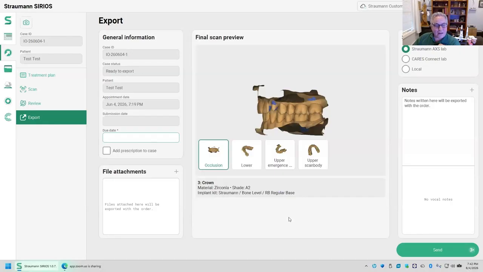This is the transfer step to where you send it to the lab. I'm not going to go in detail over this. This is not relevant to, I guess, basic implant planning. You can add the prescription to the case. It's important to add the prescription if you are sending it to the lab. Otherwise, they're just going to get the scans. So if you're sending your scan to a commercial laboratory, you definitely want to check off add prescription, because when I hit send,